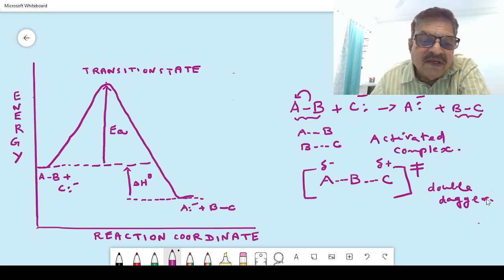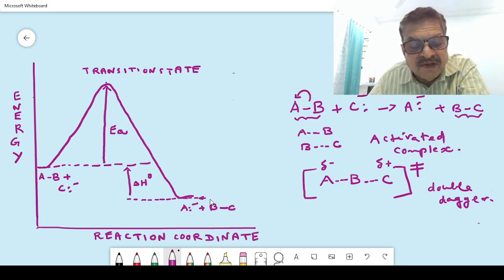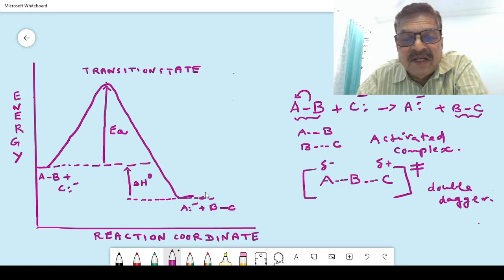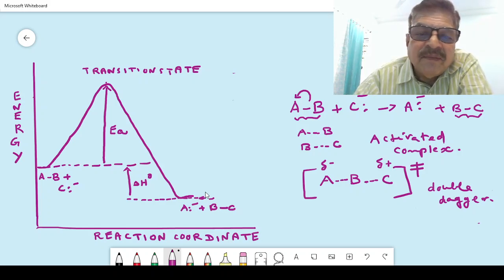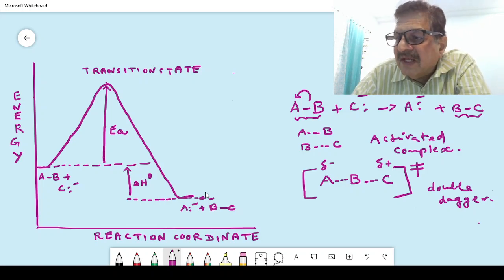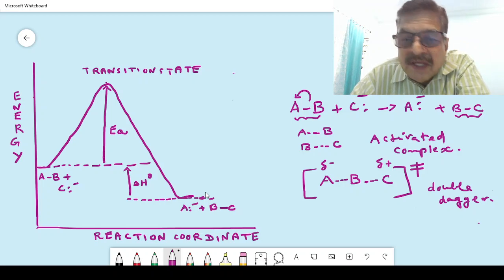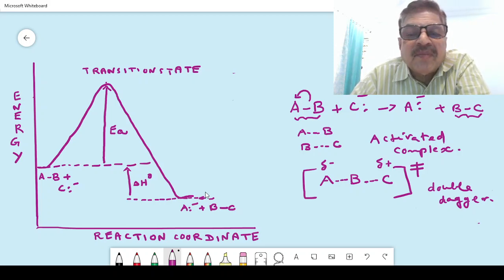So bond formation between B and C means the energy decreases until a stable minimum is reached. Now the energy difference between the reactants and the products here,